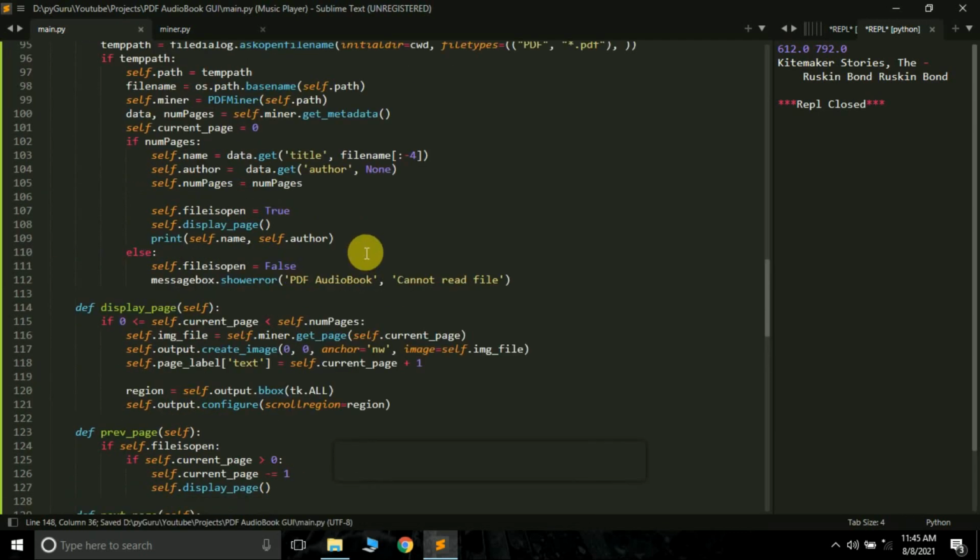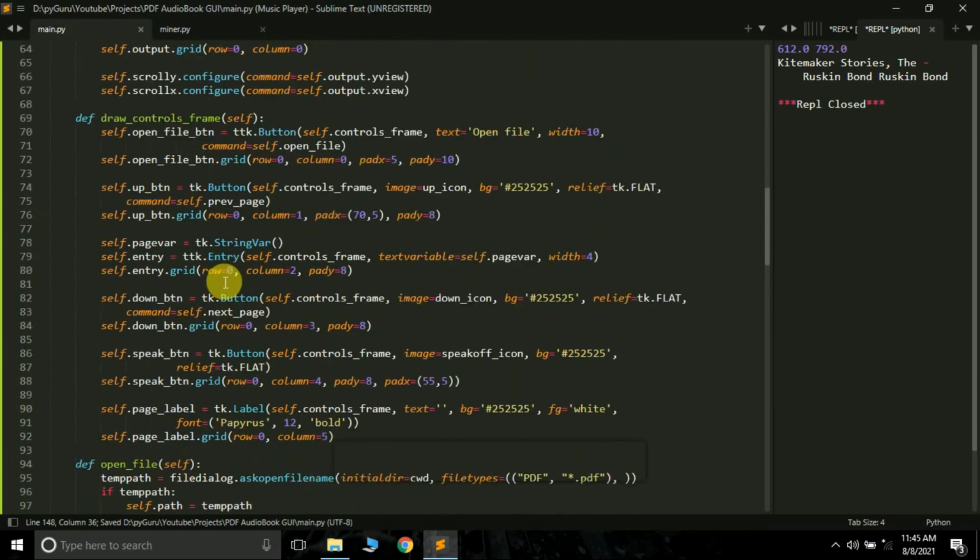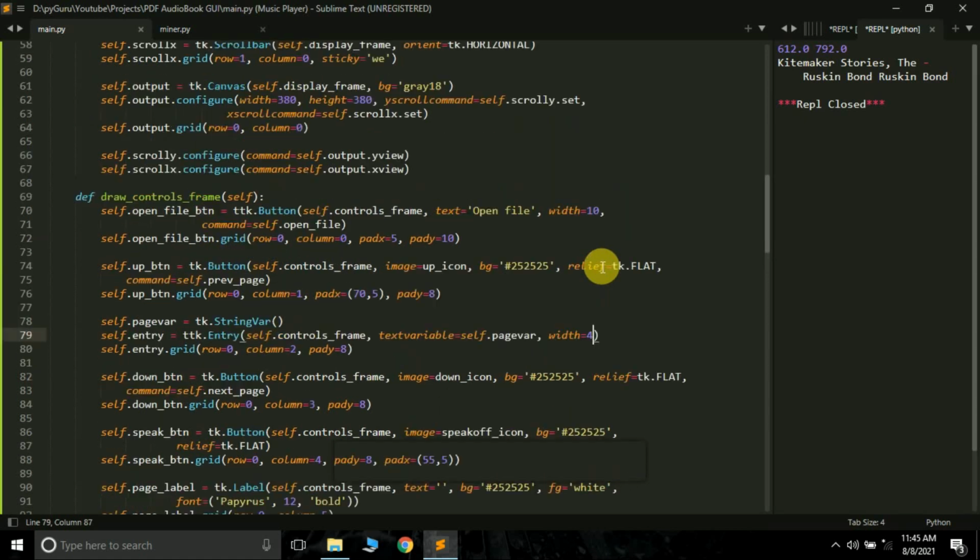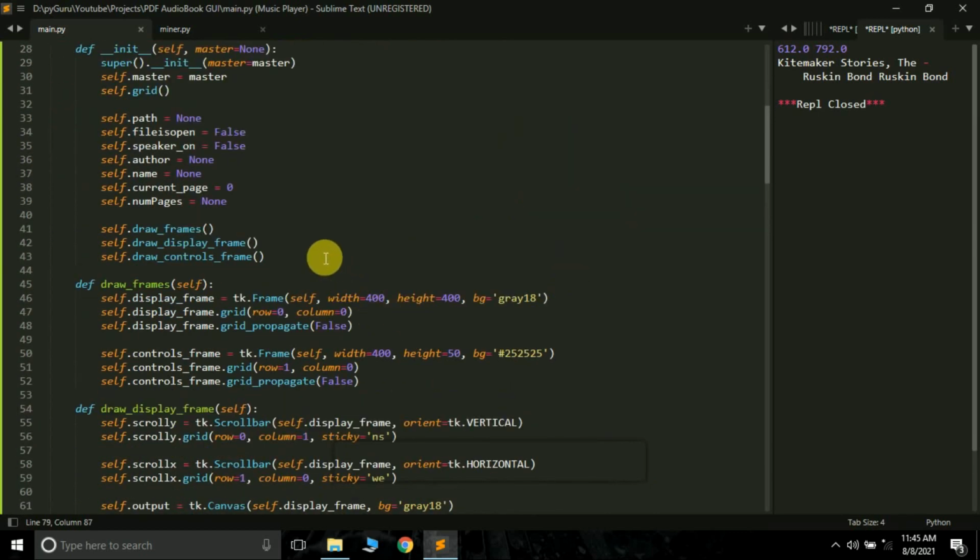Now we have to bind it to the search page function. I guess we have to manually bind it. So let's see how we can manually bind it.